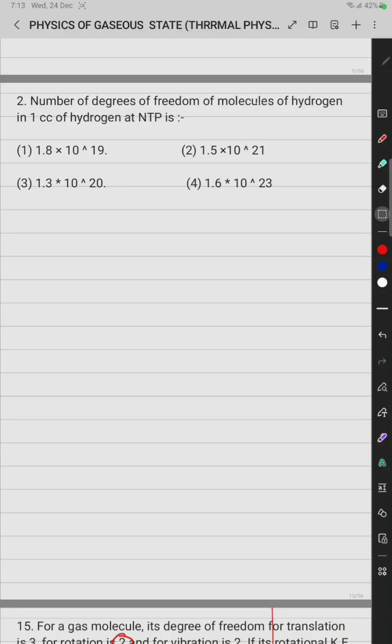Number of degree of freedom of the molecules, यानी नंबर ऑफ डिग्री ऑफ फ्रीडम ऑफ मॉलिक्यूल फाइंड करना है, और भी हाइड्रोजन के 1 cc के लिए। तो वेरी फर्स्ट we want to find the number of molecules, because we know each molecule has 5 number of degree of freedom. तो नंबर ऑफ मॉलिक्यूल के लिए क्यों ना मैं